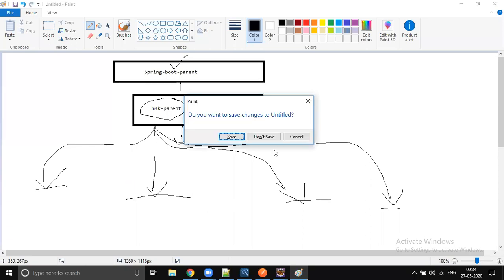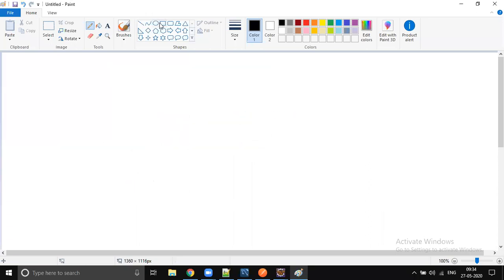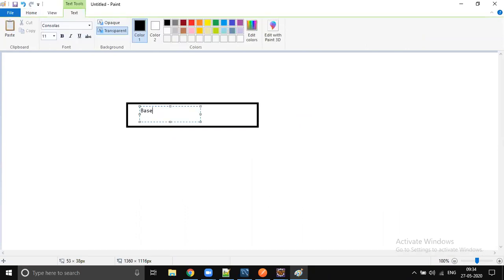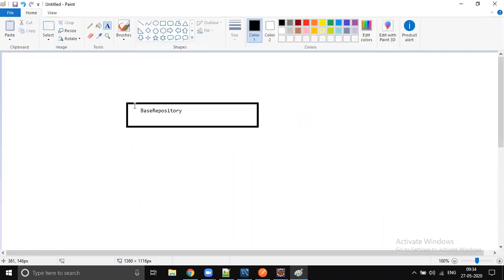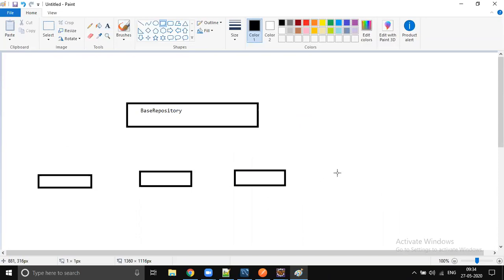Sometimes, instead of extending from JPA repository or CRUD repository, we write our own repository, like a base repository or application repository, something like that. And we ask all the repository developers to just extend from base repository instead of extending from JPA repository.